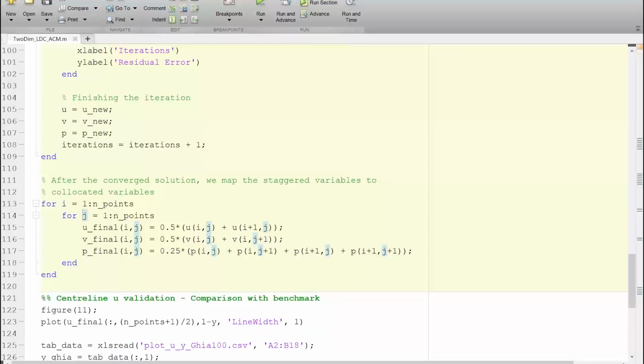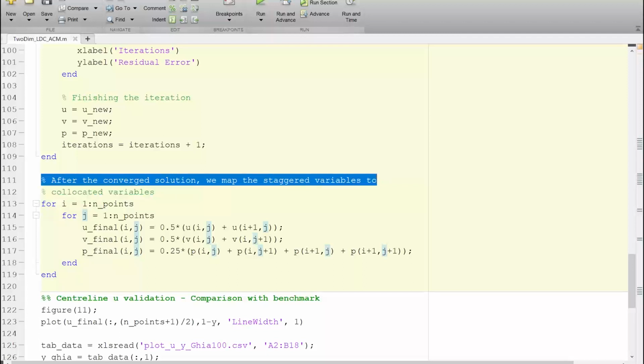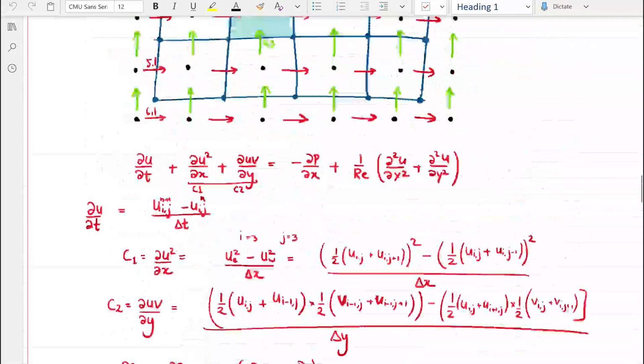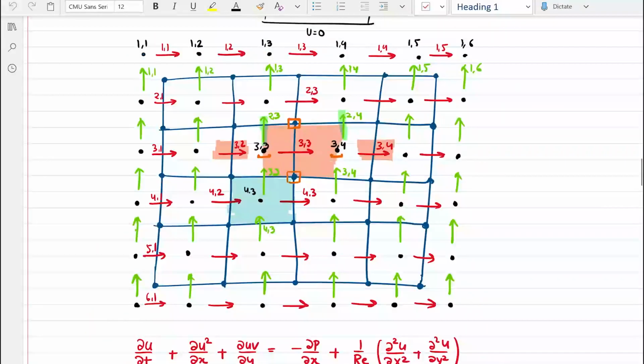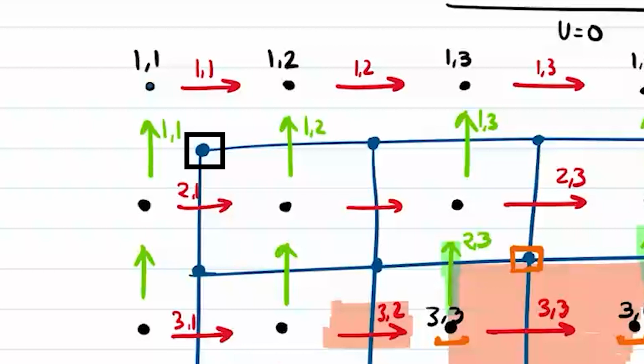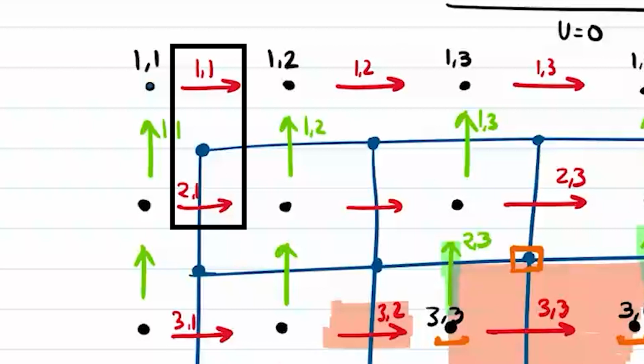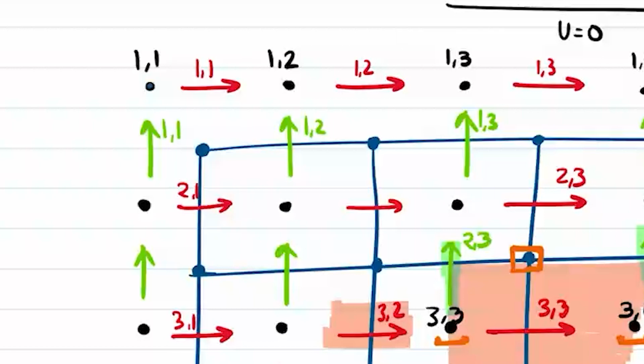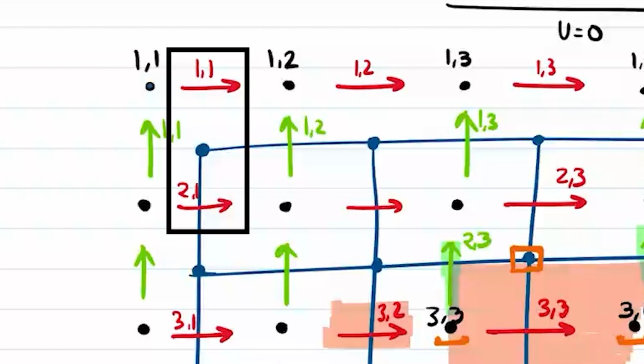And the last bit of code here says that we have to map the staggered variables to the collocated variables. And what that means is, if I go to the notebook here, you see that the staggered grid points are all around the place, but the grid points on which we finally want the solution are these blue points. So if, let us say this is 1,1 in the physical sense, then if I want to get the u velocity at this particular point, I have to interpolate it from 1,1 here and 2,1. So u physical at 1,1 is obtained from the staggered u11 and u21.